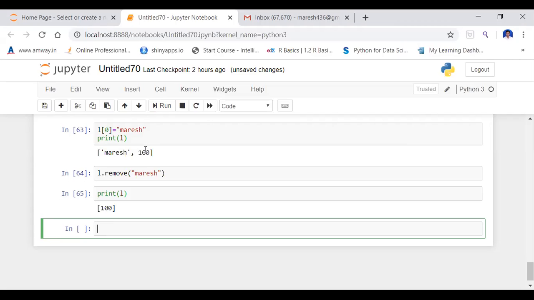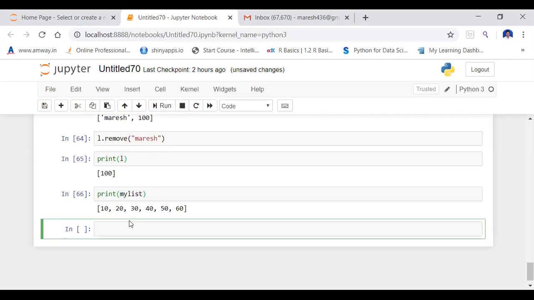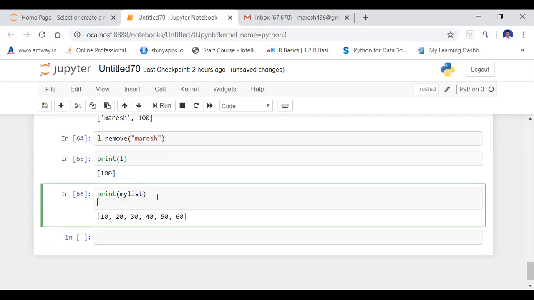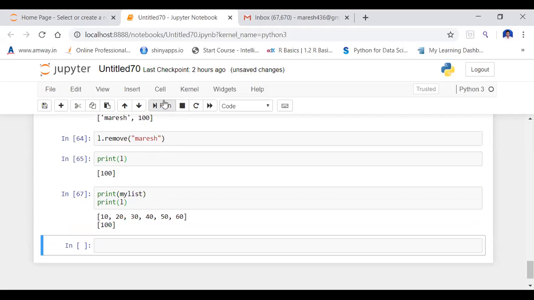Next one is list concatenation. Suppose we have my list, which we already declared. Print my list, and also I'm going to print list L. These two are my lists, and I'm going to concatenate them. The first list is 10, 20, 100, 20, 30, 40, 50 and 60.